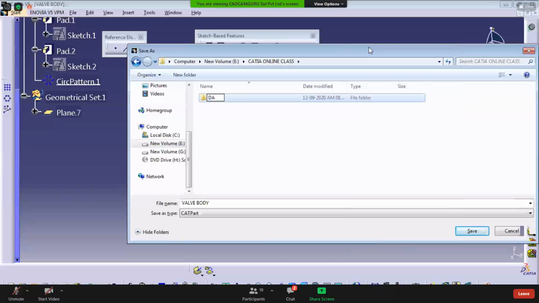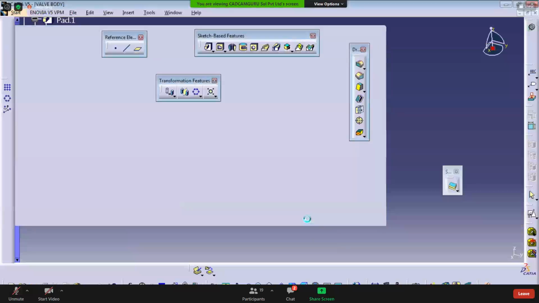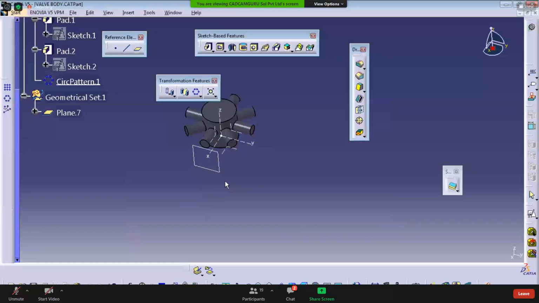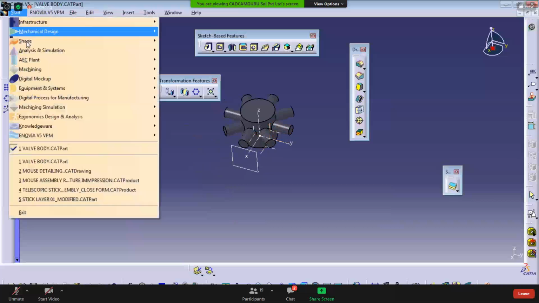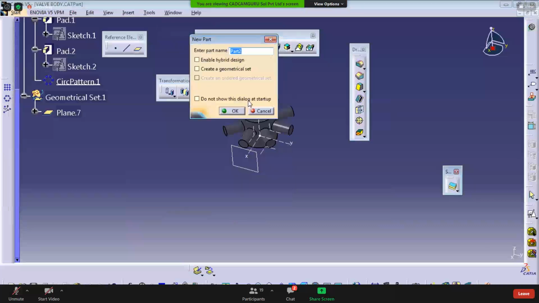Day number 4. Okay, so now I'm taking the new file. Just use mechanical design, part design.